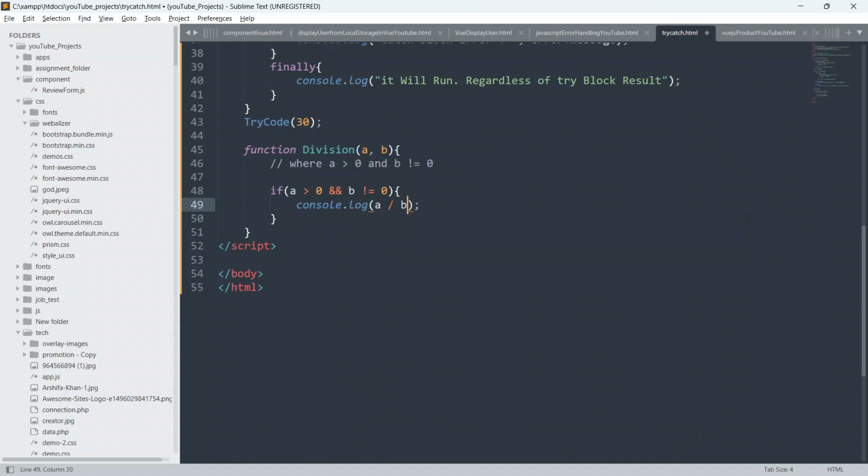And else, we will throw an error, we will throw an exception.